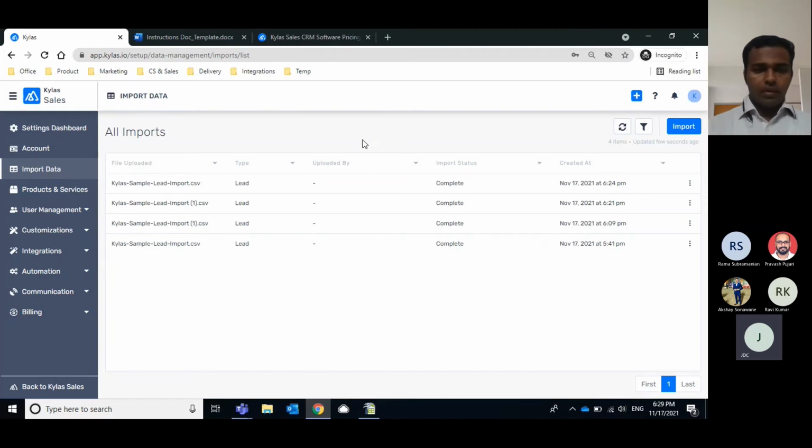Yeah, and we have another feature: whenever a lead is created, if you want to assign it one by one to each user, that is possible. Round robin assignment is available right now. Okay, so it will act as a database, and the admin can assign to different users? No, the system will do it automatically. You just have to select the users in your workflow. One by one, the system will auto assign to each user whenever a new lead comes into the system.